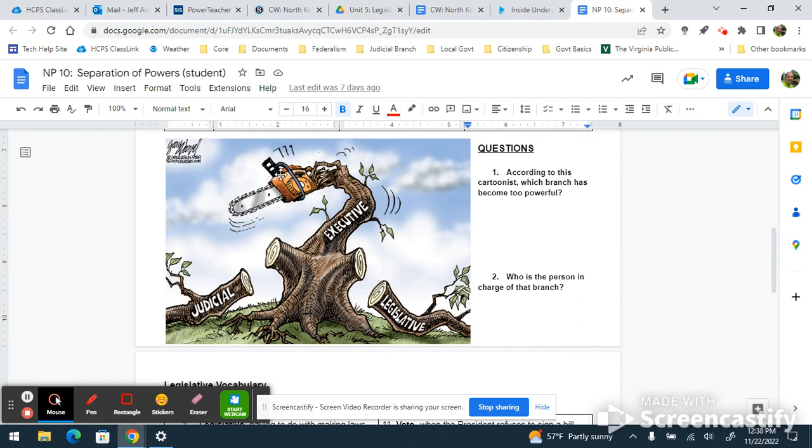In the cartoon, down here, you can see that there's a tree that is in the process of being chopped up, cut down, and this tree had three branches: a judicial branch, a legislative branch, and an executive branch. The metaphor in this cartoon is government has three branches: 1, 2, 3. Note page 10 is about the separation